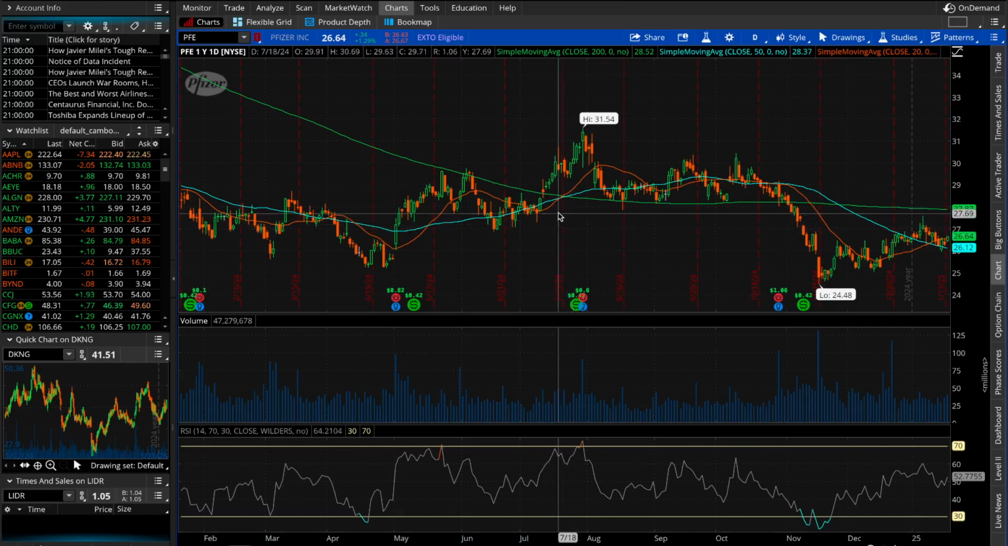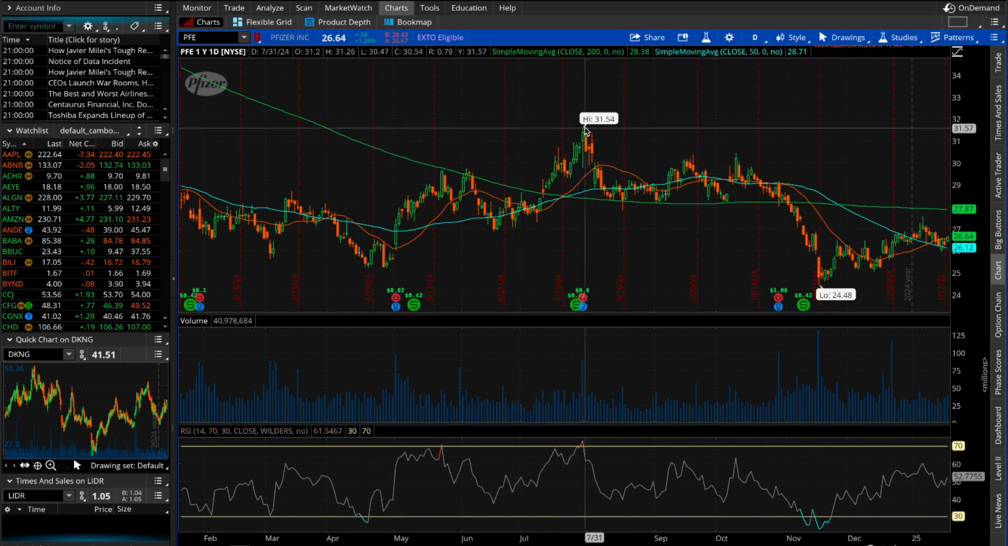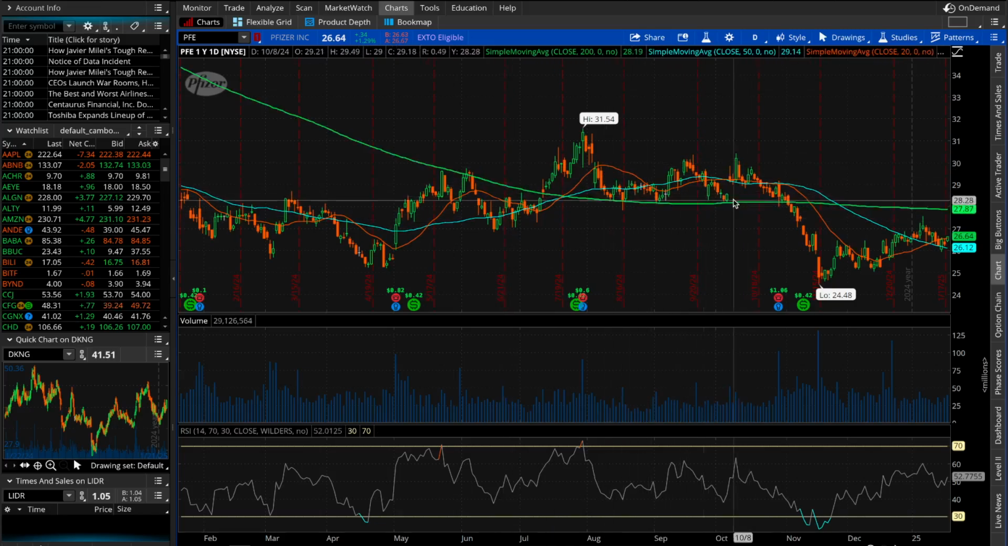So this is Pfizer's chart, and I picked Pfizer because it's easy for me to show you resistance, because it really doesn't go much above $30. And right now it is below $30. It's 26.64. So it's below the cluster. You can see this is a large cluster of candles right here. If the price is below the cluster of candles, that cluster of candles